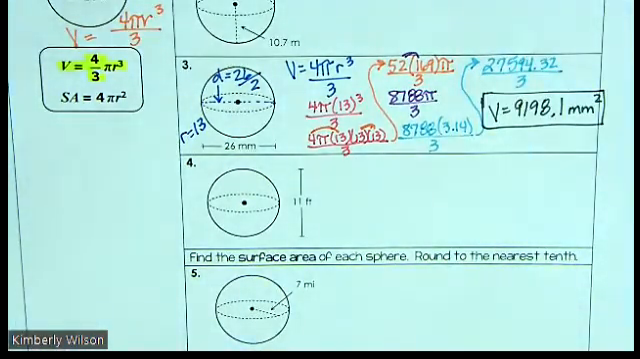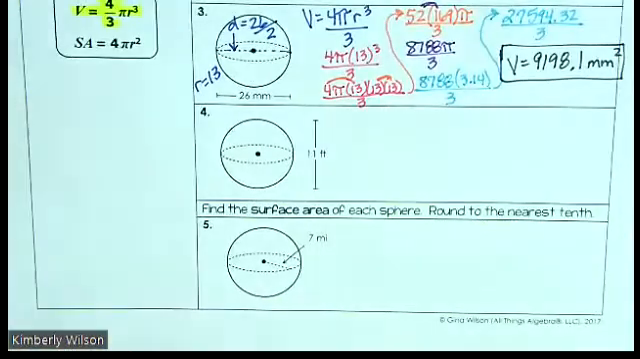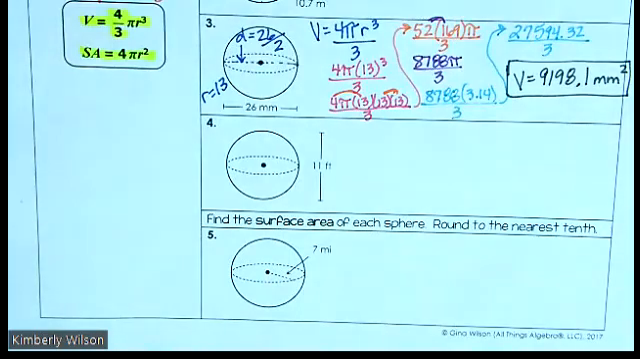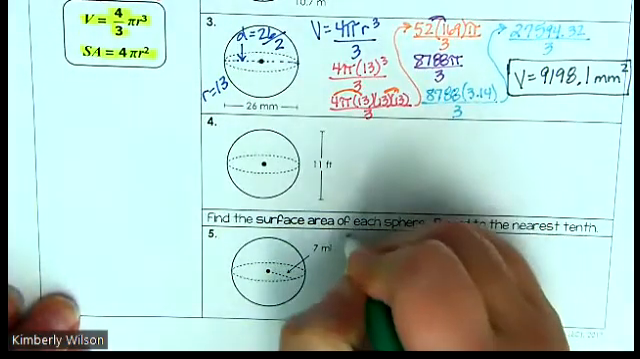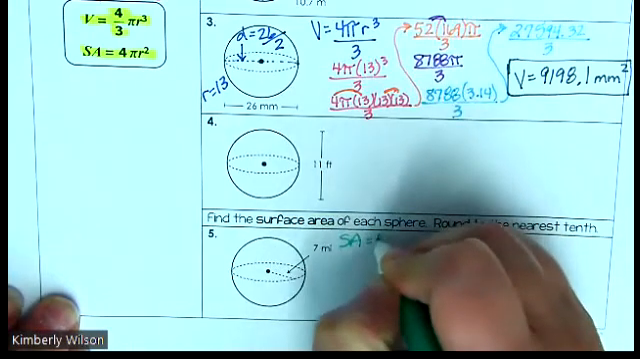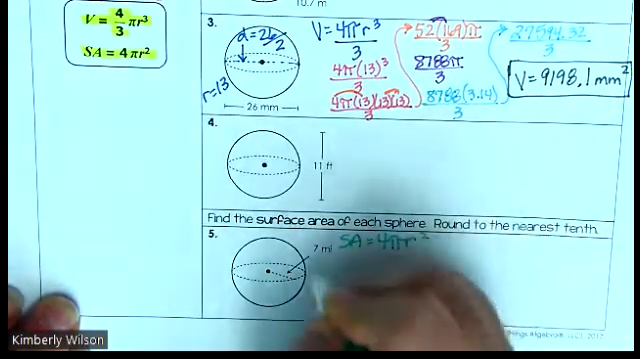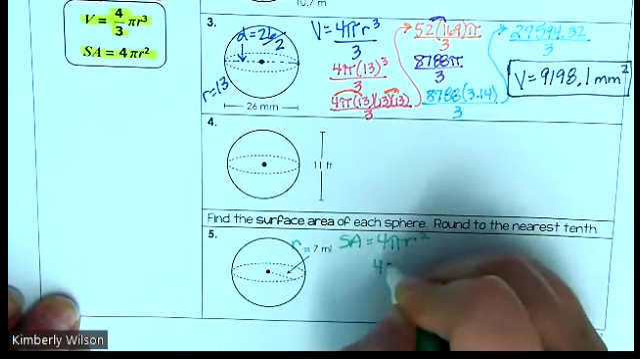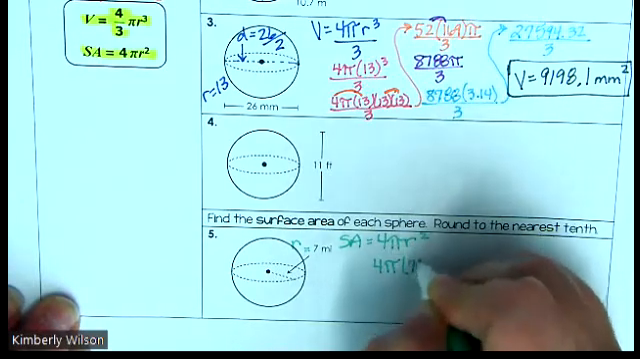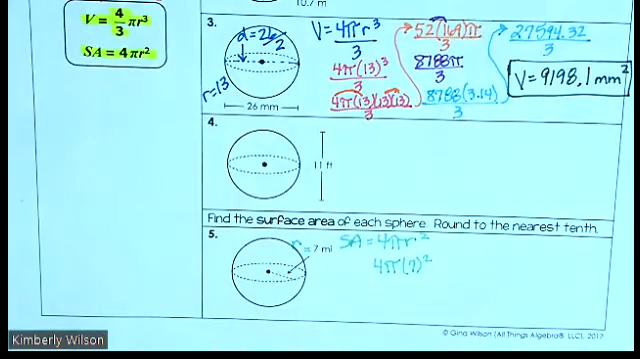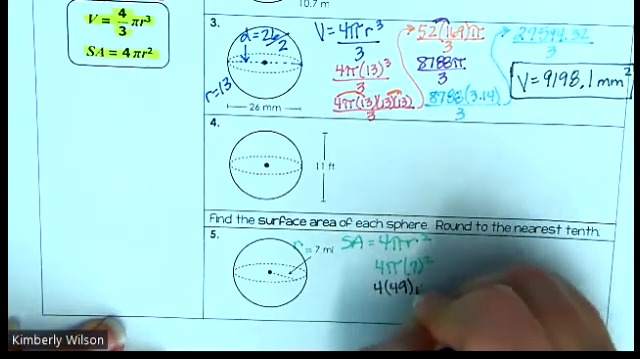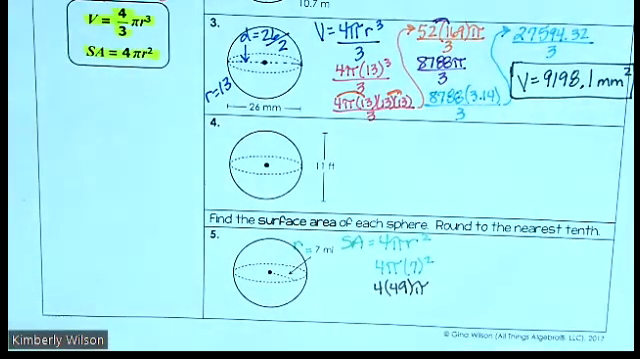There we go. Now let's talk about surface area. So that means we're looking at this formula right here. And that's all we got to worry about. We're just plugging and chugging into the formula. So we have surface area equals 4 pi r squared. This is from the center to the edge, so therefore this is my radius. So I have 4 pi times 7 squared. So we have 4 times 49 times pi